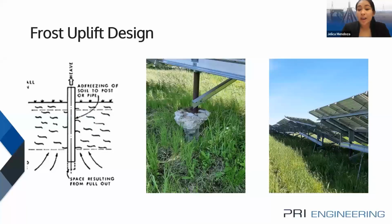So if you're new to frost, I am not going to go into too much detail here, but real briefly, frost uplift is caused by the expansion of the water inside the pores of the soil grains as the temperatures freeze over time. And using the analogy of sticking your tongue on a frozen pole, you know not to do that because it's going to create a bond between that steel and that frozen material. And in the case of frozen soil, as your pore water freezes and expands, that can translate to heaving of the pile